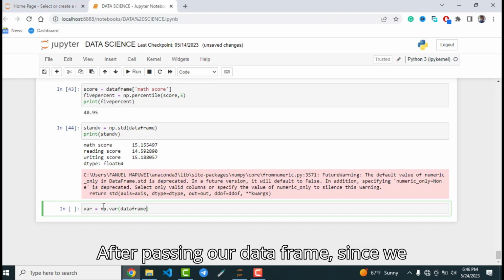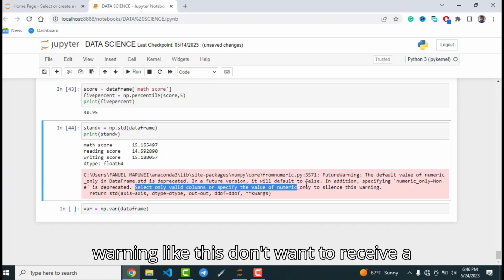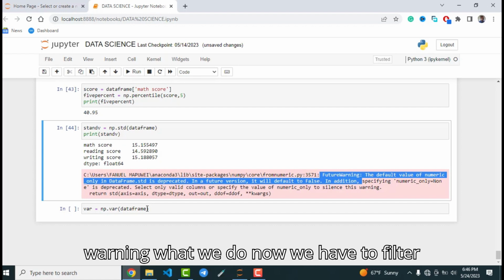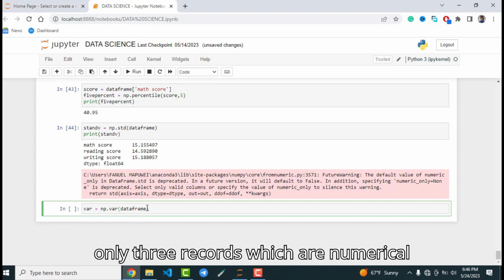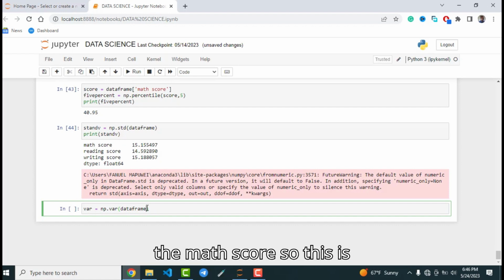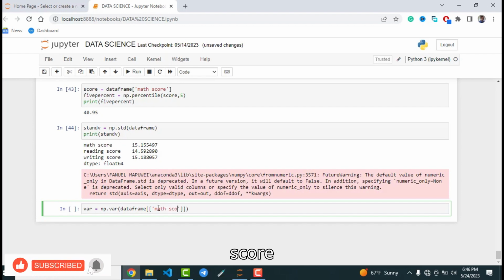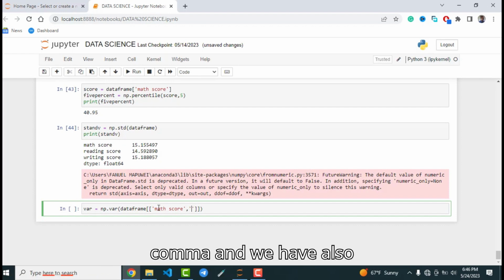After passing our data frame, since we don't want to receive an error or a warning like this, we have to filter only the three columns which are numerical: the reading score, the writing score, and the math score. So this is how we filter our variables. We have math score, comma, and we have also reading score,